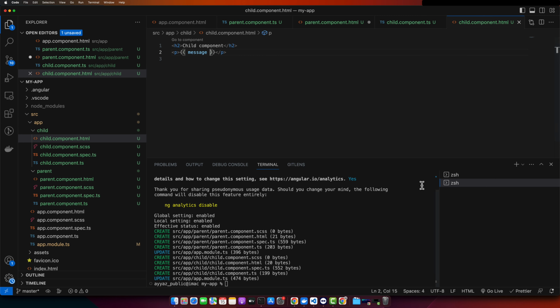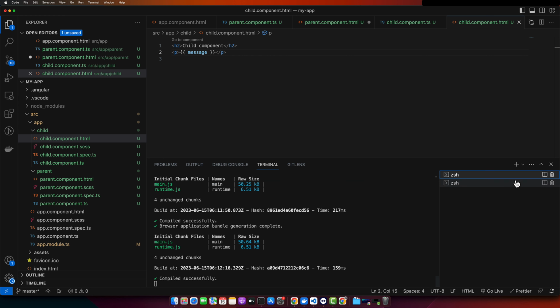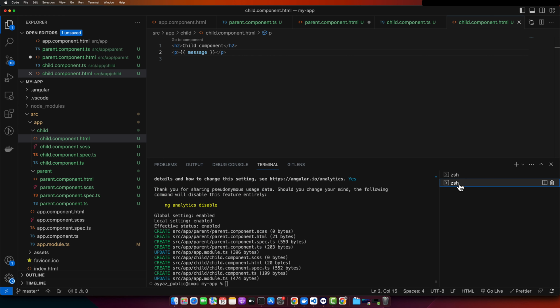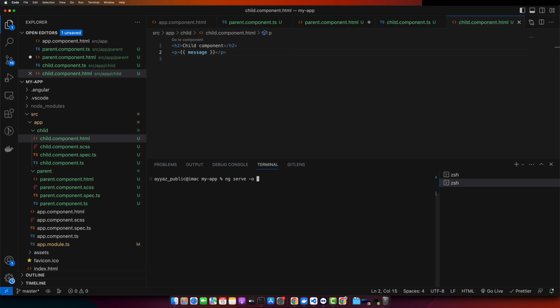Now let's run this project in the browser. If you did not run this project yet, then just type this command: ng serve -o, and that's it. You have successfully passed data from parent to child component. When you run your application using this ng serve command, you should be able to see the message "Hello from parent"